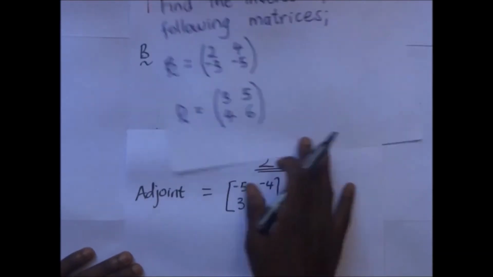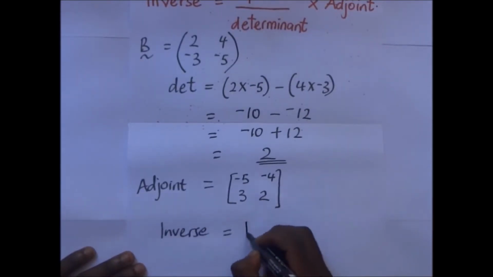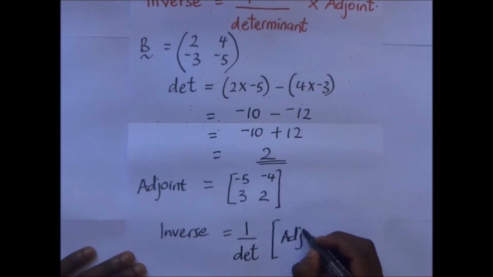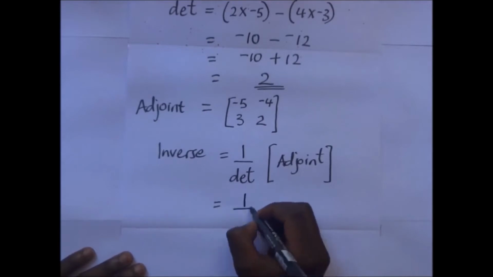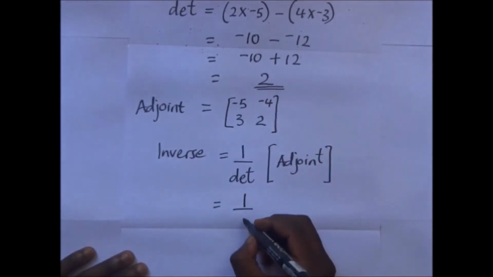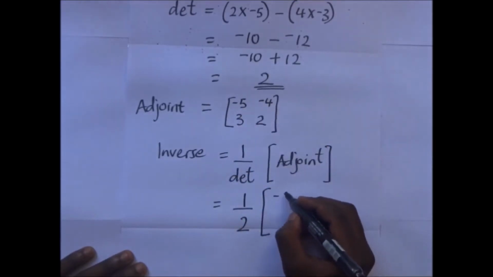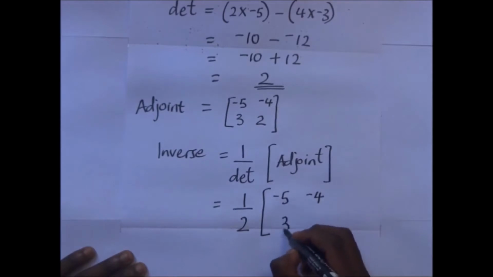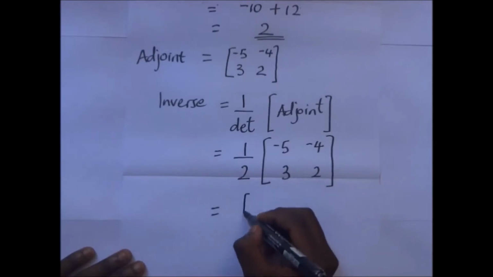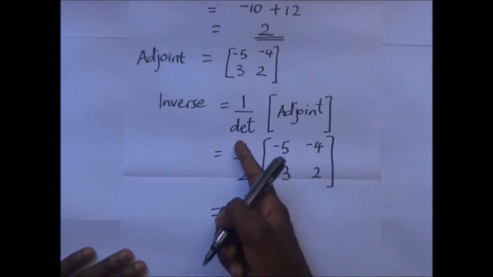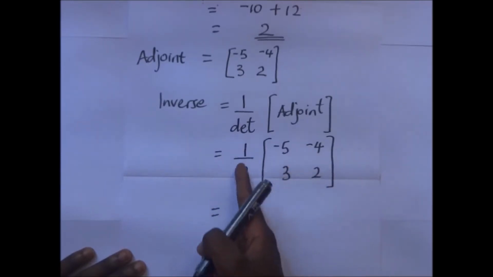So to get the inverse of this matrix is simple. It's going to become 1 over determinant. Our determinant is 2. So it's 1 over 2 times our adjoint. Our adjoint is that figure we got there, which is -5, -4, 3, 2. And our answer will simply be, this is a scalar. It's a fraction, but it's a scalar. And we say that when we're multiplying a scalar by a matrix, we multiply that scalar by each element in